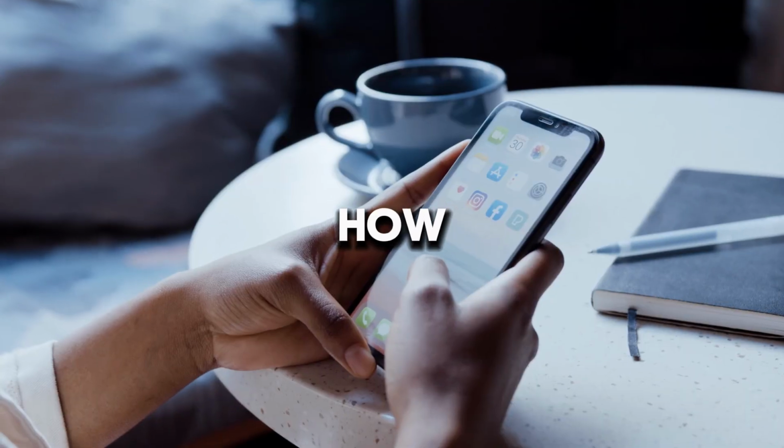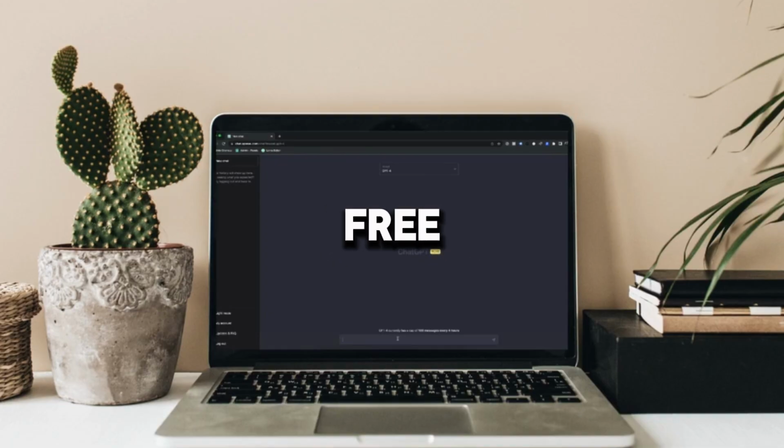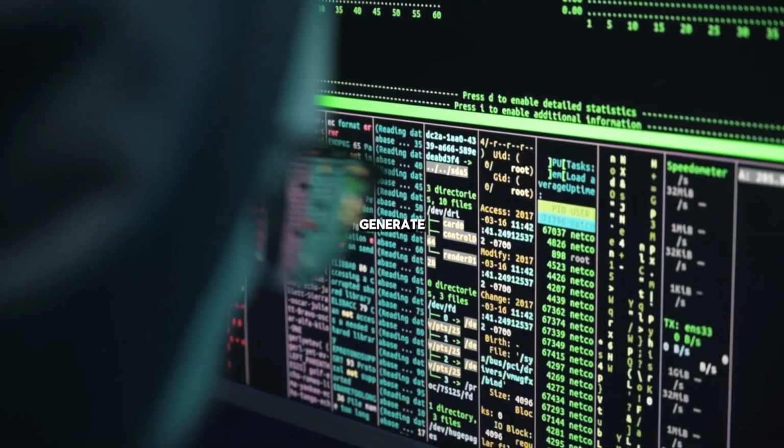Today we are talking about how to use ChatGPT-4 free and how to use ChatGPT-4 to generate an image for